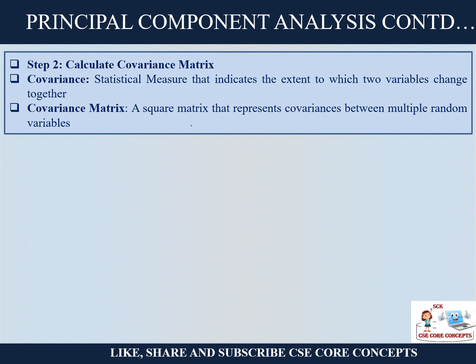Second, based on that data, you have to calculate the covariance matrix. So what is a covariance matrix? Covariance is a statistical measure that indicates how the variables change together, and to what extent two variables are related, like age and salary, or height and width. How much they covary with each other, that is, with a change in weight, how much the height is changing. If there is no covariation between them, for example, will there be any covariance between your height and your grade? May not be. The extent to which it changes is very, very less.